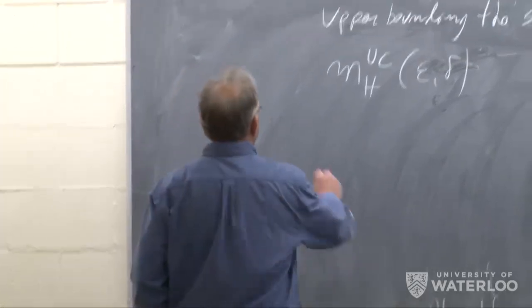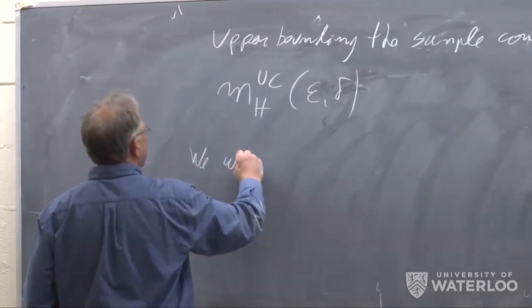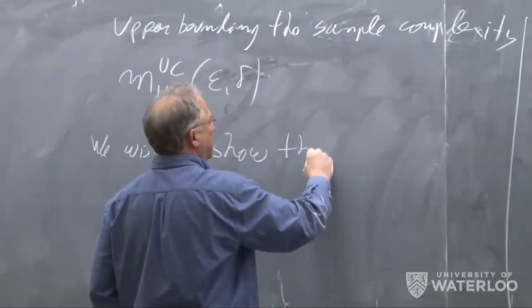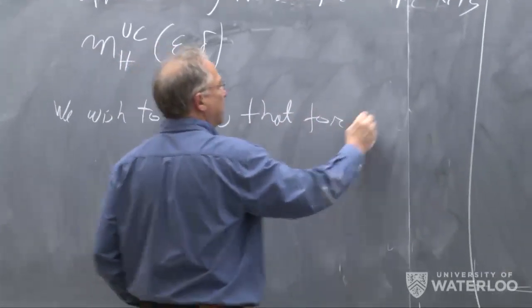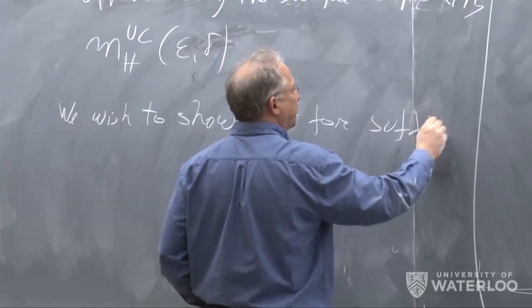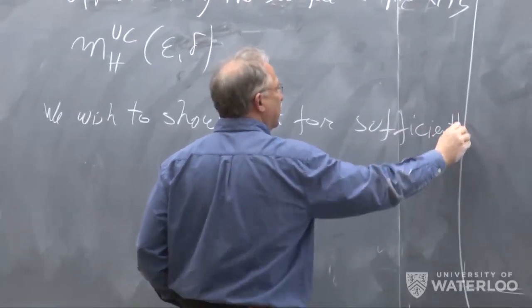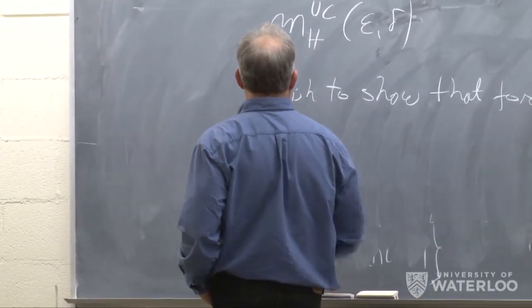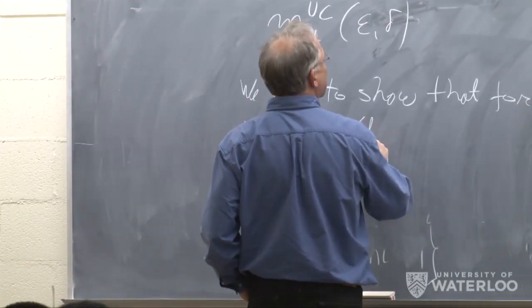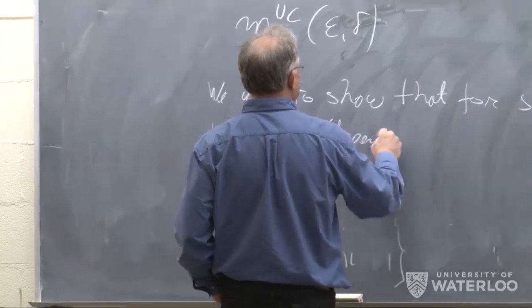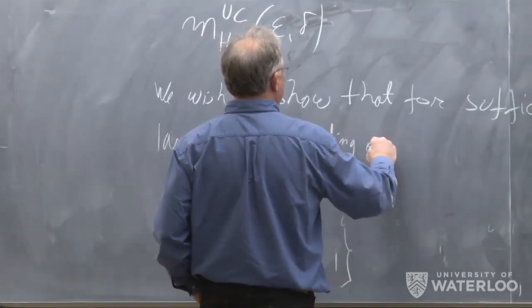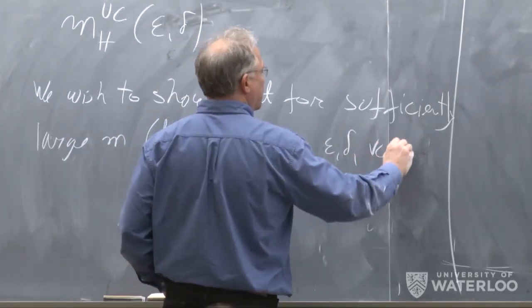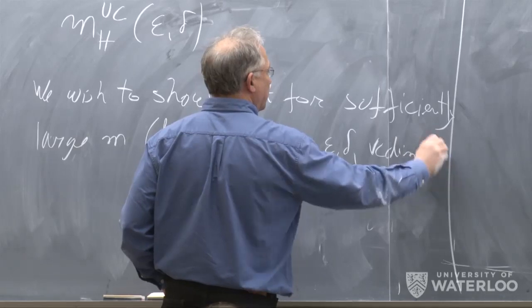In other words, we wish to show that for sufficiently large M, depending only on epsilon, delta and the VC dimension of H,